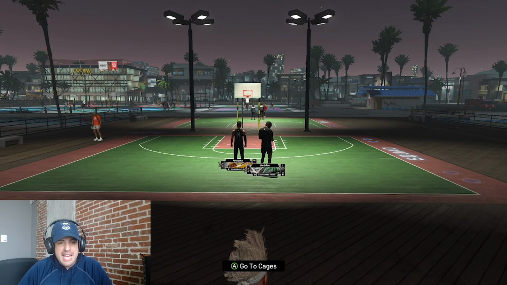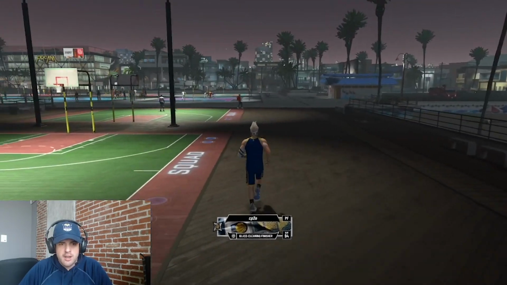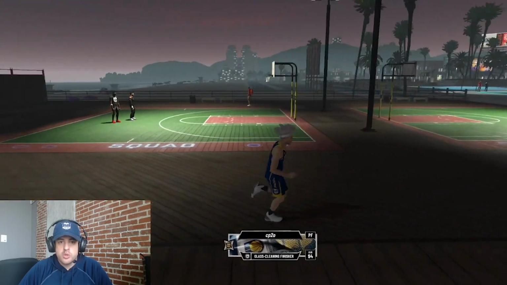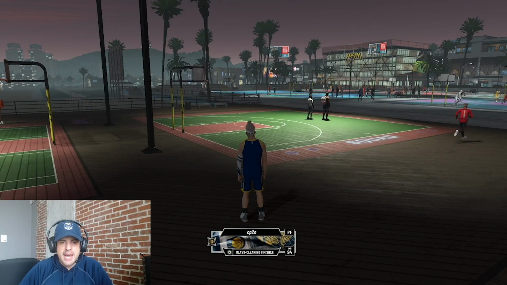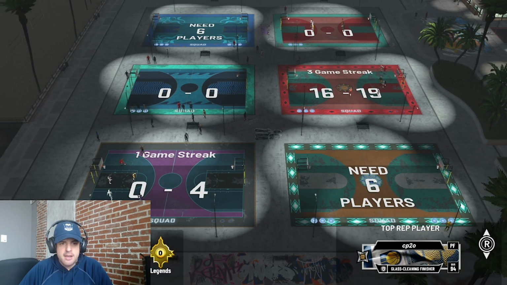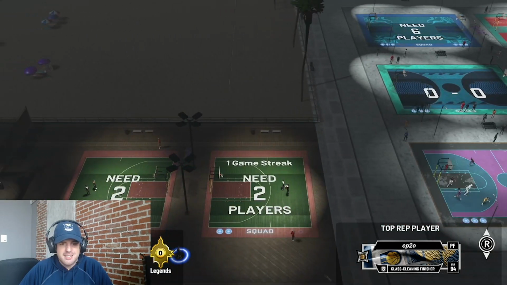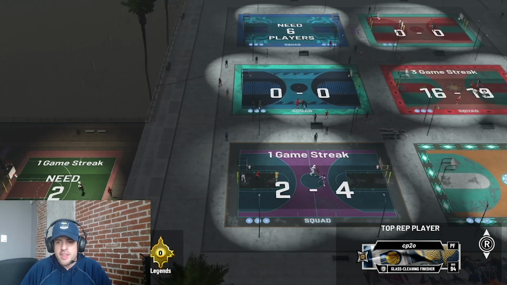Okay, here we go. We've spawned back outside the cages, and as you can see, we are still on the boardwalk here, and we have 2 twos courts. So if you've been looking for the twos courts, they're all the way back here in the back. If you hold up on the D-pad, you have to use your right stick to scroll over and see the scores of the game. So it's a little bit hidden all the way down on the beach on the end of the boardwalk